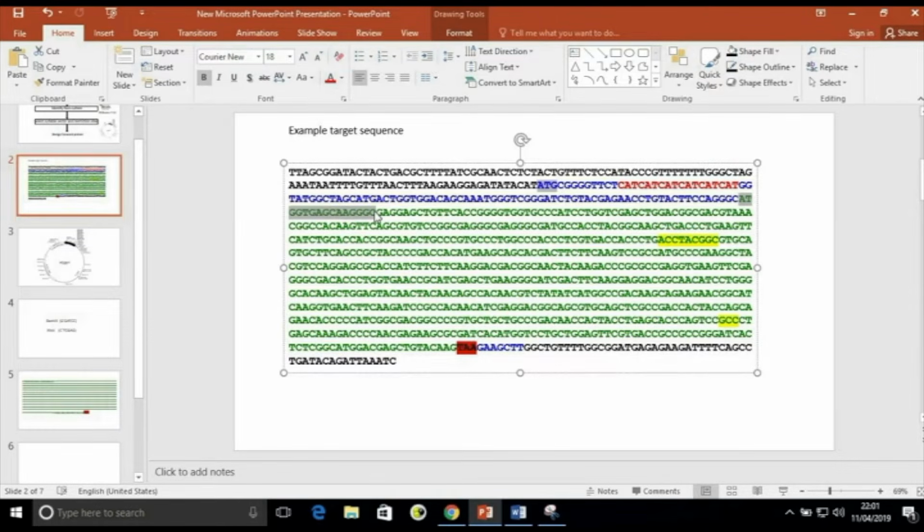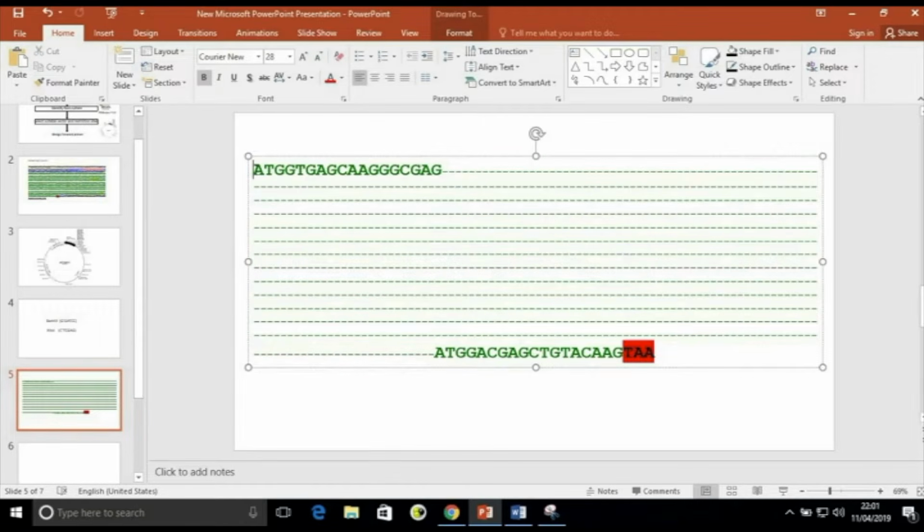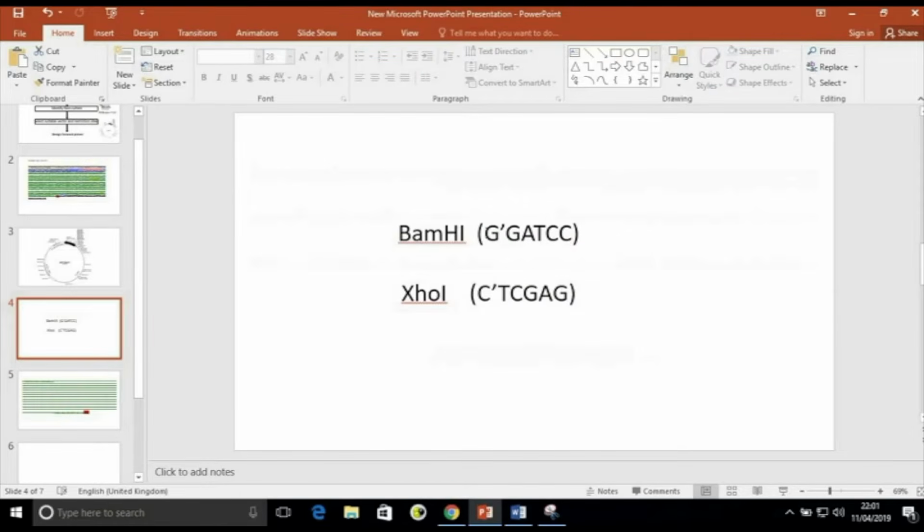If you want to insert a restriction enzyme, suppose I want to insert a restriction enzyme, that is BamHI, this is the sequence as it is given from this whole sequence. This is the sequence for BamHI.